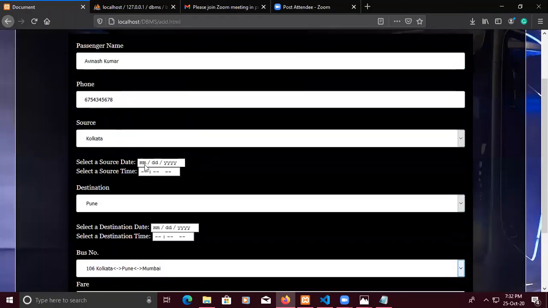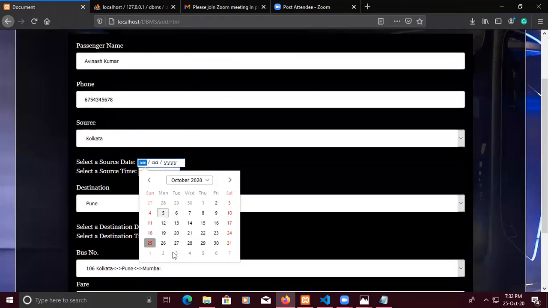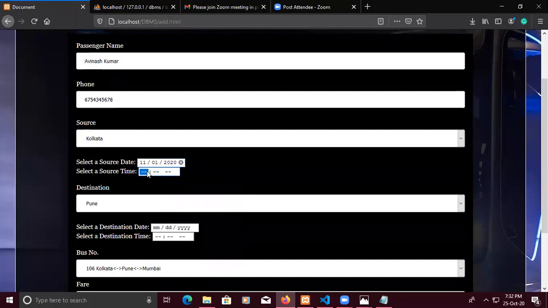Let us select the source date. This is November, so he will start his journey on 1st November, and the time would be 8, suppose in the morning.